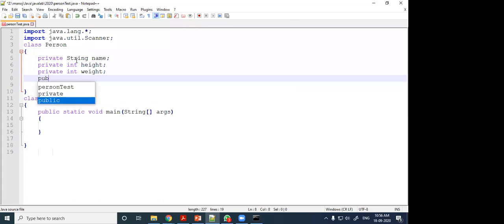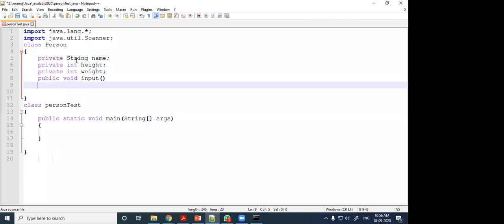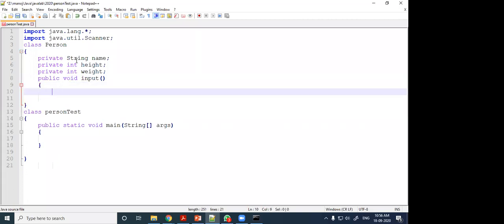Next, we will write an input function for inputting the data. For inputting, what should we do? We will create one scanner object. Then using that scanner object, we will input the data for name, height, and weight.